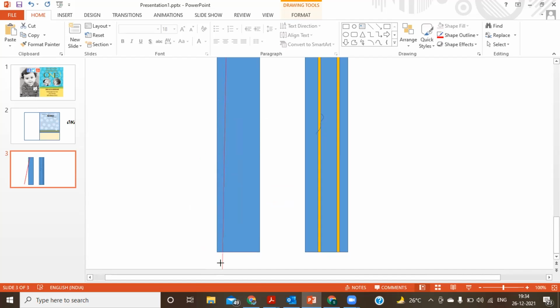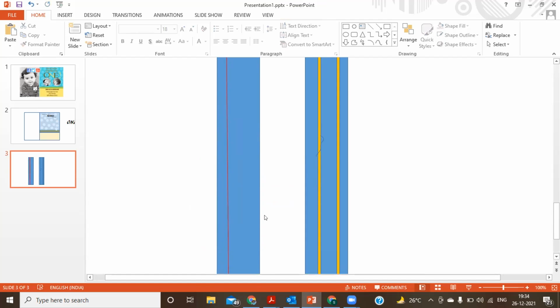Keep this 1D element over here as it is. That means you are penetrating inside this particular solid.